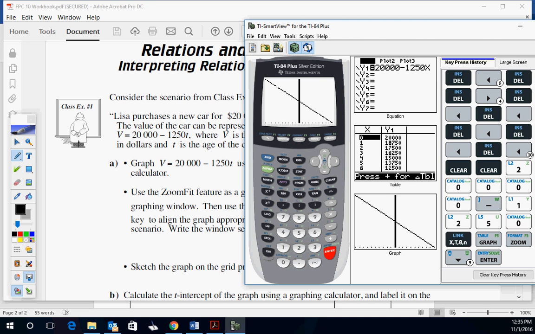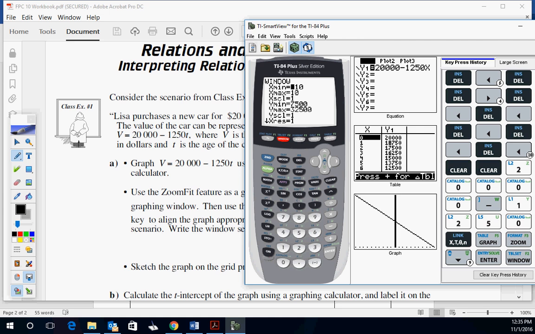The only thing I can't see right now is the x-intercept very well. That little dotted line makes me feel like it's kind of close to there, but just make sure you know what you need. This is a pretty good picture for now. The only thing I might change, because they change your window for you, is if you go to your window, you see it has changed. So I might make my y min